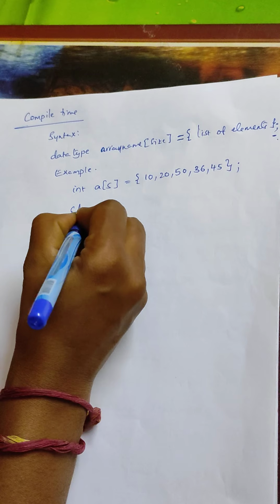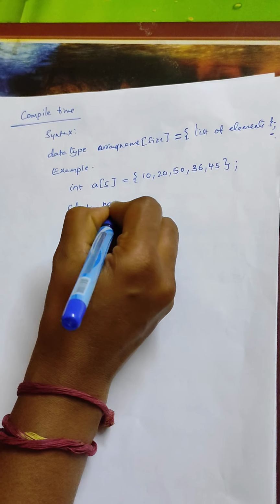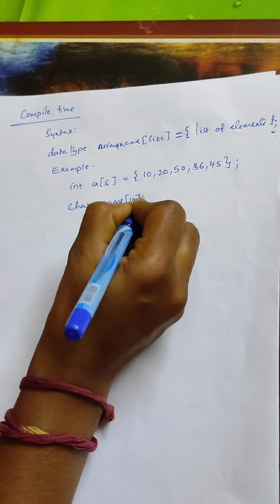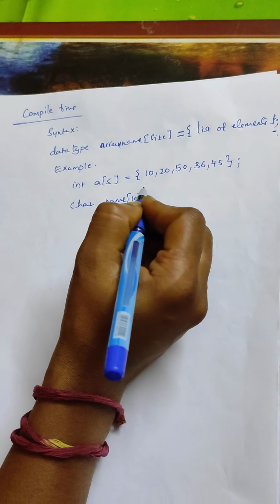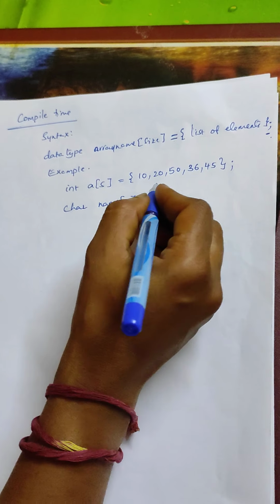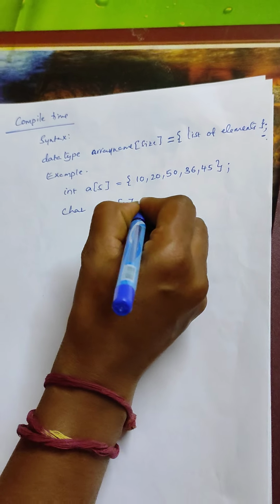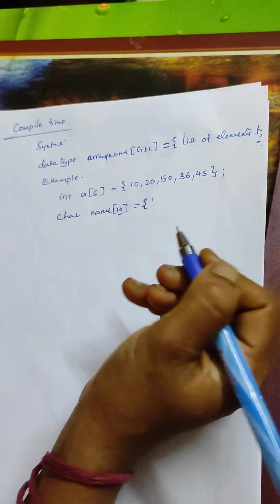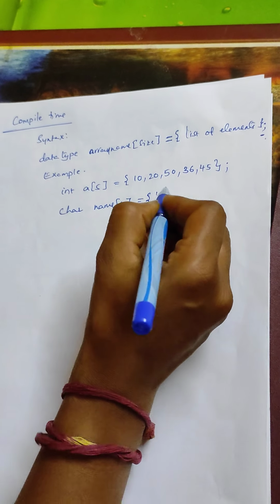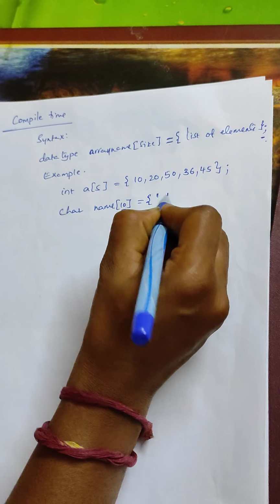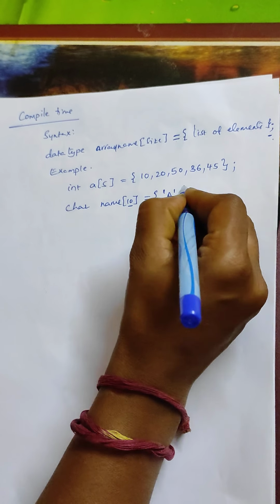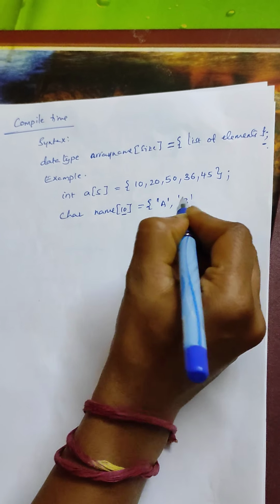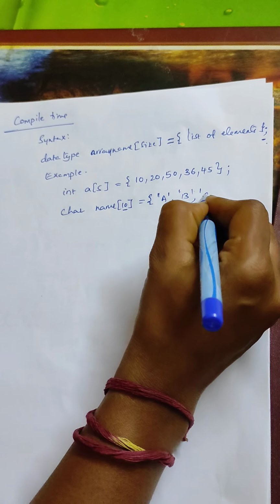Suppose I am declaring my array char name of 10, so it can hold a maximum of 10 characters. You may or may not give 10 characters, but you cannot exceed the range. So here I am passing. Always remember, characters are passed in between single quotations. For example, if I want 5 characters here, simply I can give a single quotation, then I can pass my